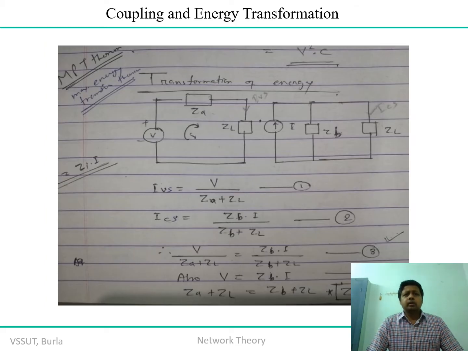This is the reason that in the beginning we also considered the maximum power transfer theorem in our studies. Whenever there is a coupled network, you also have to consider the amount of energy to be transferred, as shown in this particular slide. You can see the two networks: the primary side circuit impedance is considered ZA, and the load impedance of the primary side is considered ZL, while in the secondary side the equivalent source is considered a current source.